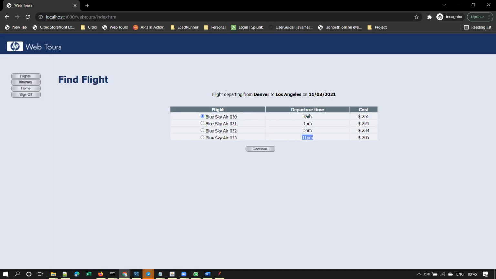The reason why I am explaining this is some companies give you this application and ask you to develop a script on this WebTools application. They will give you some script and ask you to develop a script on this application. They may ask you to book a ticket for evening flight. That means you have to book a ticket for this flight. When they say evening flight, you have to book a ticket for this flight. When they ask you to book a ticket for afternoon flight, you have to obviously do a script to book a ticket for afternoon flight.